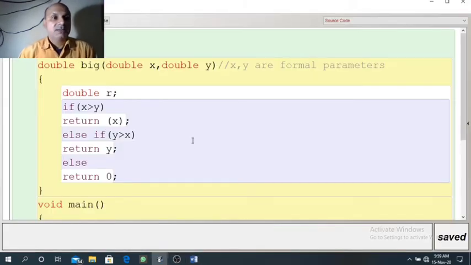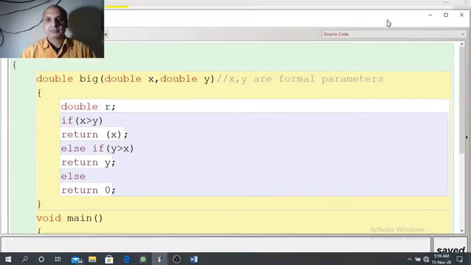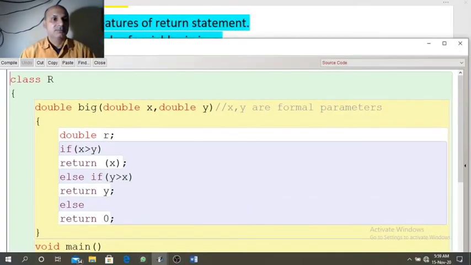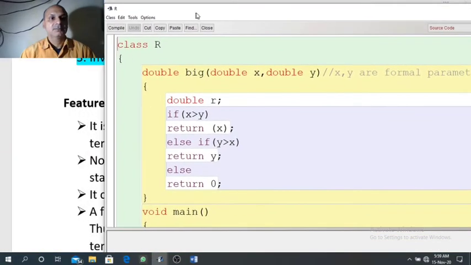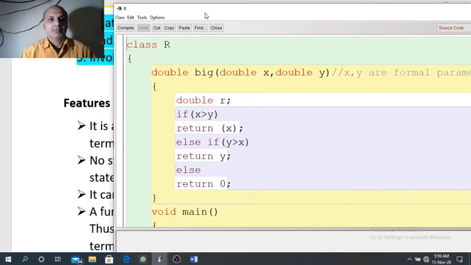A class is designed here. Name of the class is R. One function we have, big. Return type of the function is double. This function receives two arguments, double x, double y.